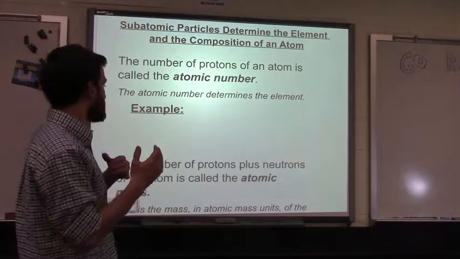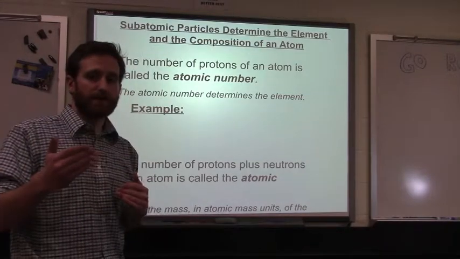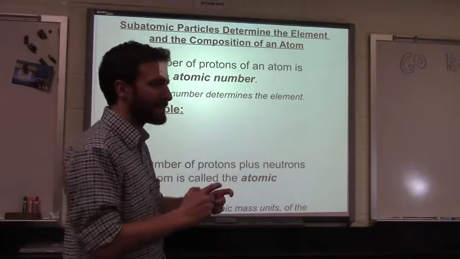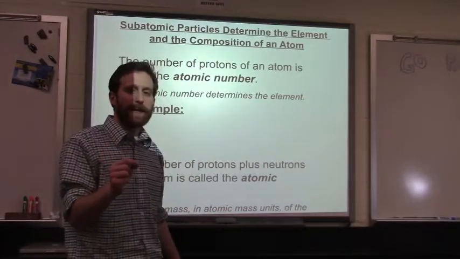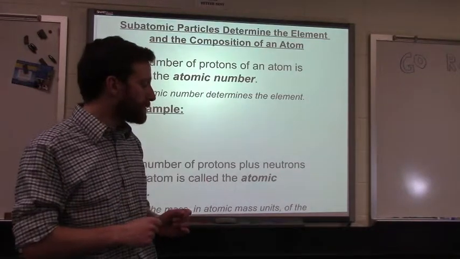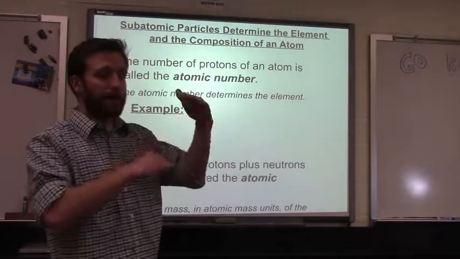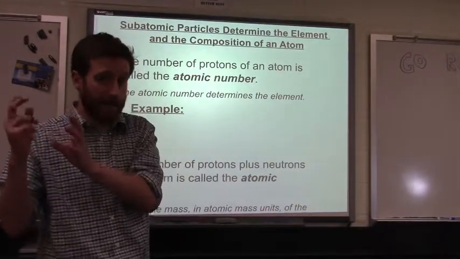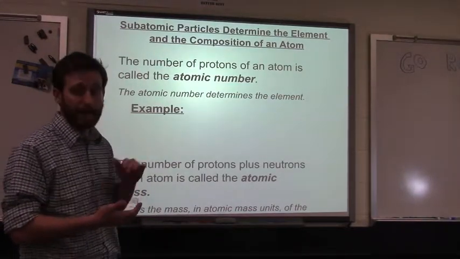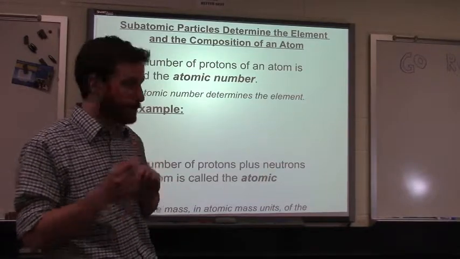An example of that would be, well, I have an atom with 6 protons. If it has 6 protons, therefore its atomic number is 6, and then I want to know what element that is. I'm going to have to look at the periodic table. I'll have to find which spot is referring to atomic numbers in each of the elemental blocks, which number refers to the atomic number, and I look for 6. And it turns out that carbon has an atomic number of 6. So carbon has 6 protons.